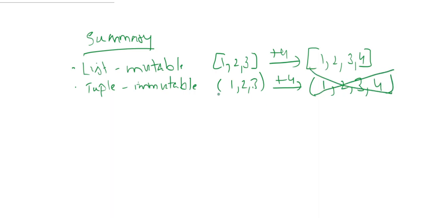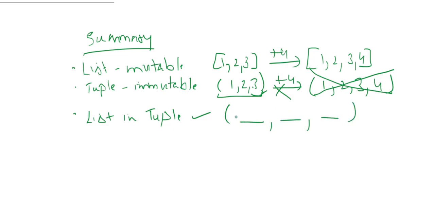Since once the tuple is defined, we cannot change it to some other value. We cannot add any value to this tuple. We cannot change any existing value to some other value. This is not possible in a tuple since it is immutable. But can we have a list in a tuple? Yes, this is a valid scenario because whatever elements that we see over here in the tuple,